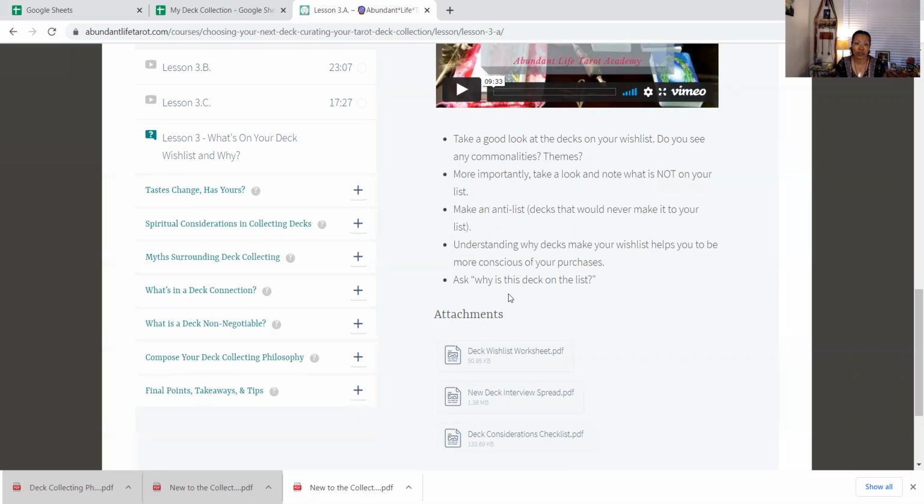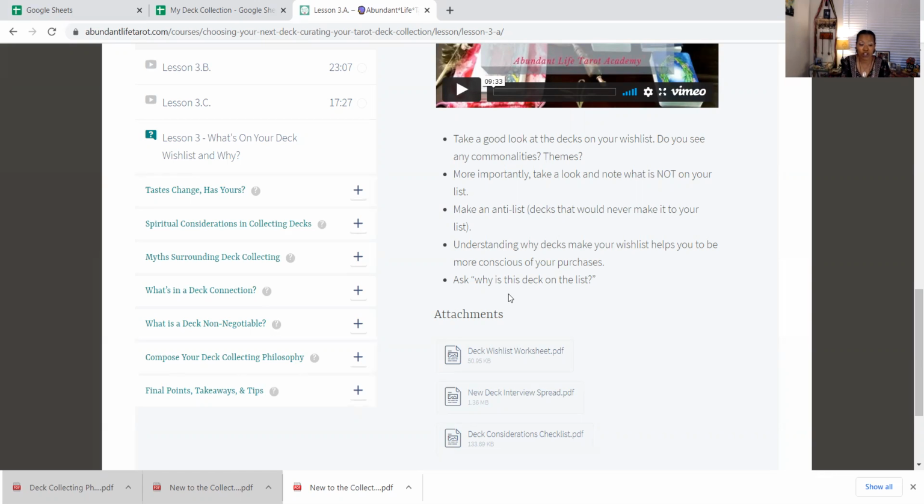Post-pandemic, we find that the publishing houses have limited staff. Due to social distancing, they cannot keep up with the demands of the mass market decks. So there are some decks that are temporarily falling out of, what do you call it? Out of print, but temporarily, I would imagine. It's just they don't have the resources. But with that being said, even with that being the case, I still don't always rush to put every single deck onto my wish list. It's just not necessary. And I think it can become overwhelming.